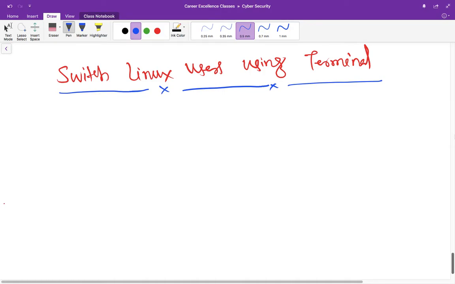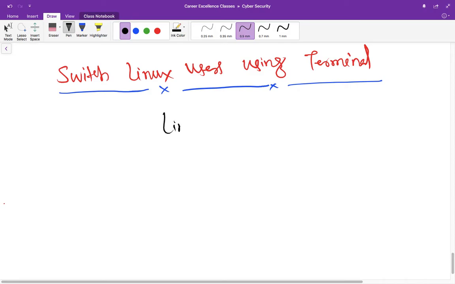I am Deepak Unyal, and in the previous lecture we discussed the way we can add or delete users using various commands. After that we saw a method of switching users where we logged out of the current user first and then entered credentials to enter another user, right? But you can do all those things using a simple command in a terminal. So before we come to that, we should learn how many kinds of users there are in a Linux system and a little bit about those users.